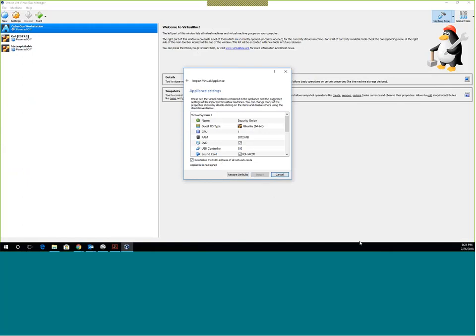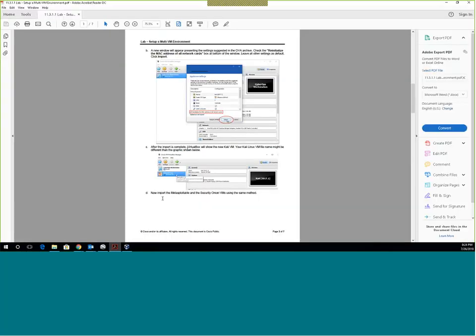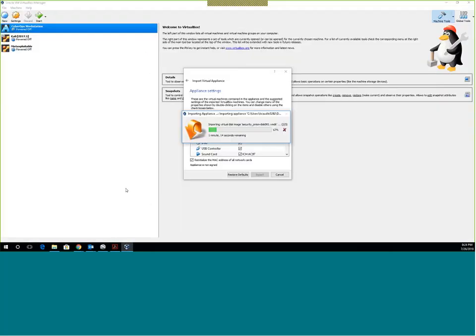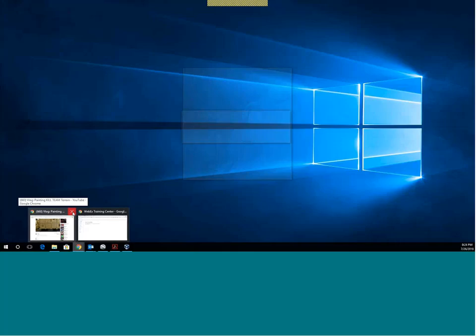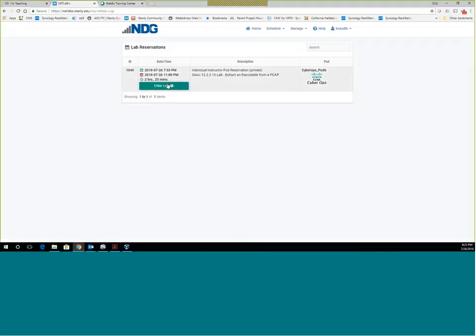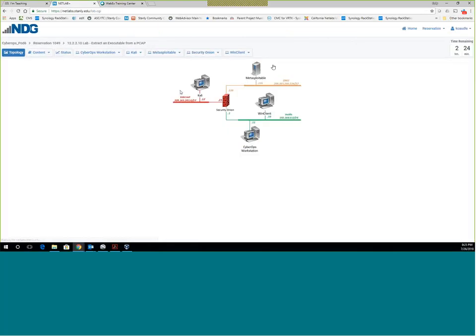Okay, so at this point, we have completed all of the VMs as they are brought in. And here is where we're talking about the changes that are there. And that's the fact that the networks have already been set. If we look right here at the lab itself that is in the NetLabs pod, you'll see that it's very similar.